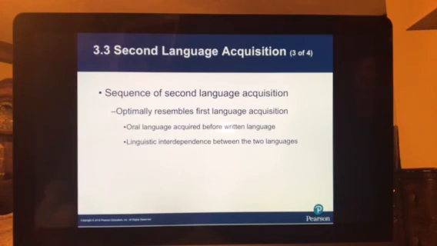The sequence of second language acquisition optimally resembles first language acquisition. First we learn to speak, and then we learn written language. Oral language is acquired before